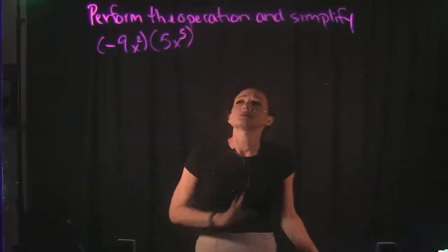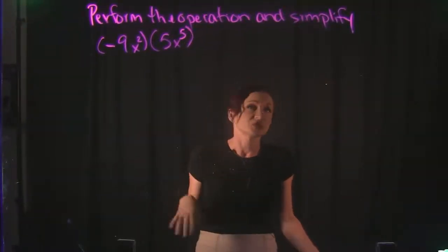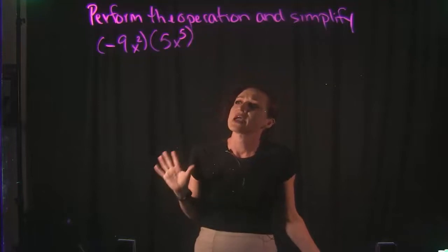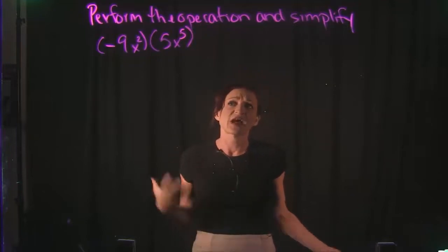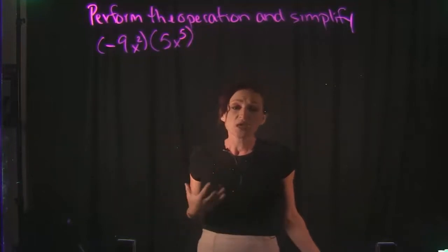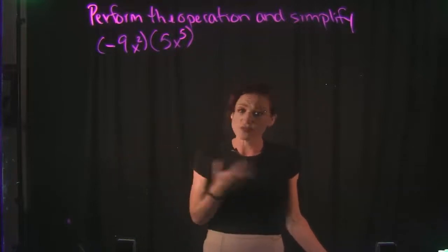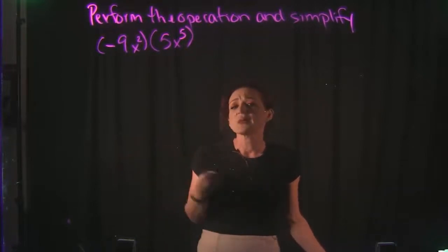So for the following problem, it says to perform the operation and simplify. And we have negative 9x squared times 5x to the fifth. Now when it comes to multiplying polynomials, which we have here, we need to keep in mind that we can